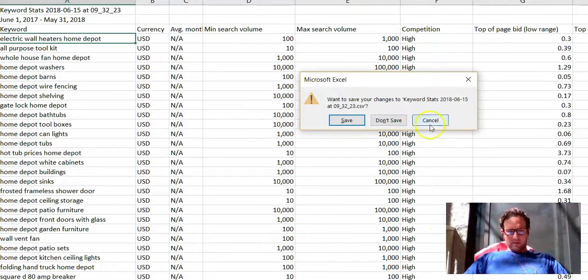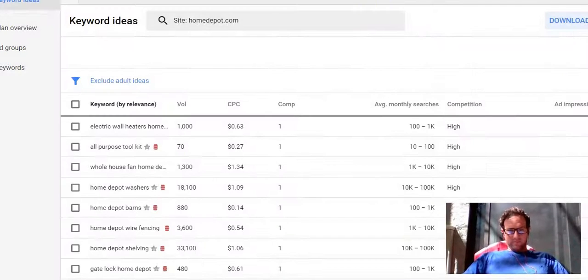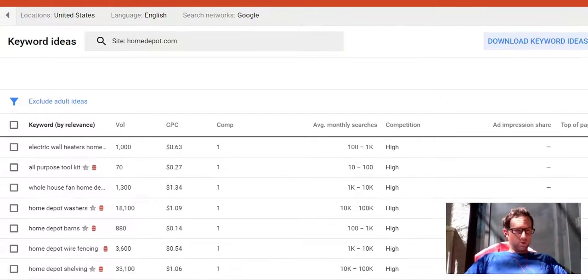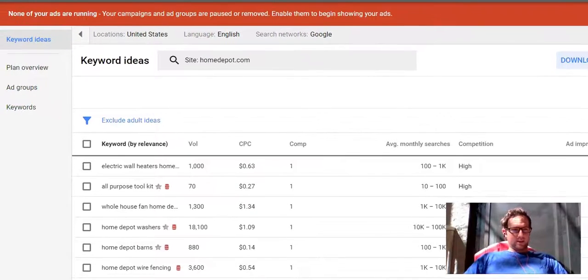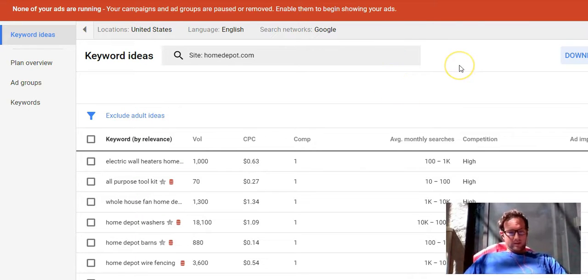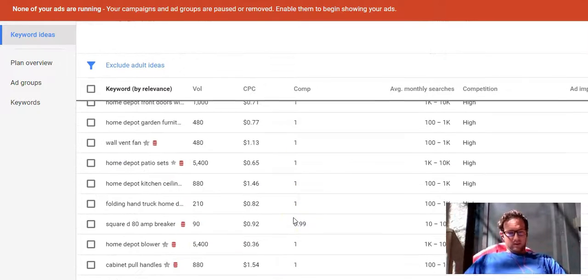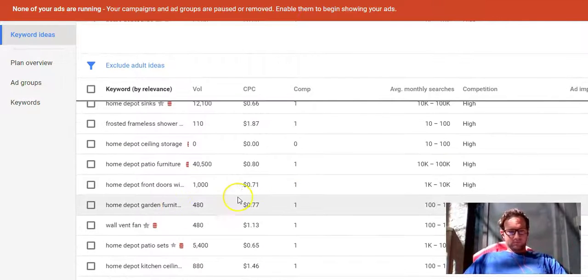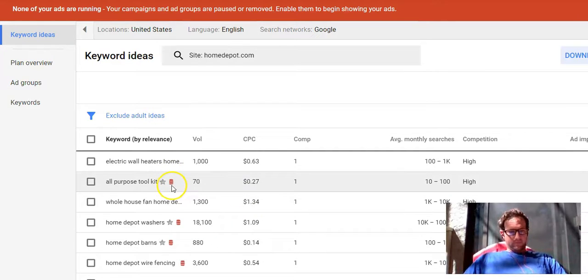All right. So anyway, this is the new Google AdWords, the new old Google AdWords, and I really like it. I think if you're only using SEMrush or Ahrefs for keyword research, this is almost worth getting rid of those, honestly. I mean, this gives you basically everything you need for keyword research. So, dive into this, see if you like it,